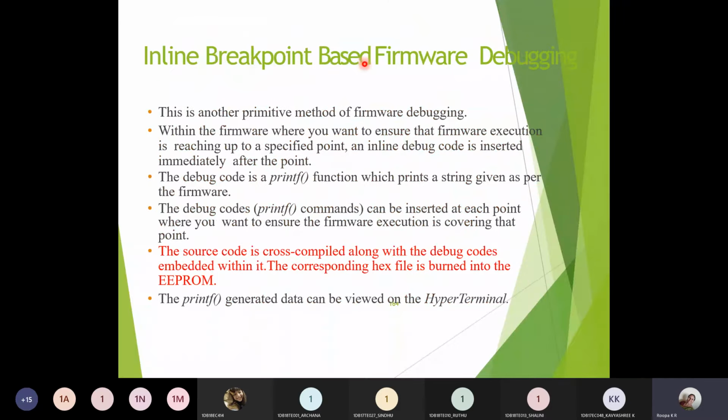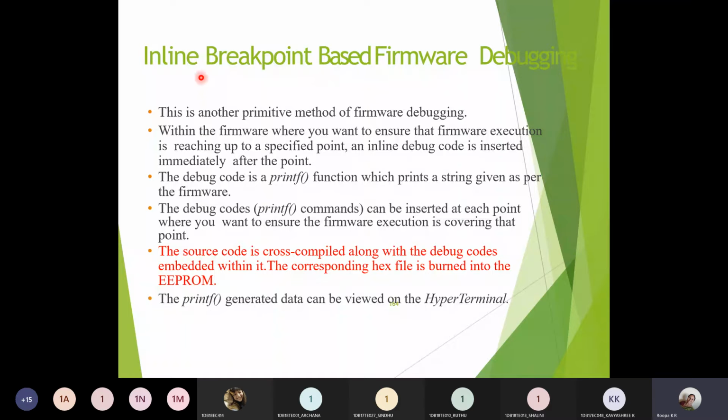Next you have inline breakpoint based firmware debugging. Suppose you have a program of 10 instructions, and I need to see the output after the execution of the fourth instruction. In such a case, I can use this inline breakpoint. If I put a breakpoint at the fourth instruction within the 10 line code, the execution will take place only until that fourth instruction, and the status of the registers will also be updated only until that fourth instruction.